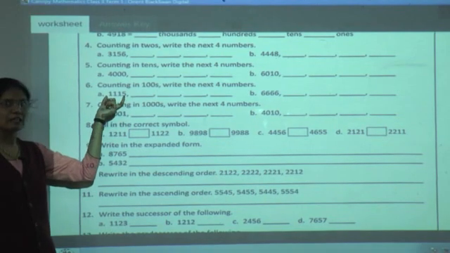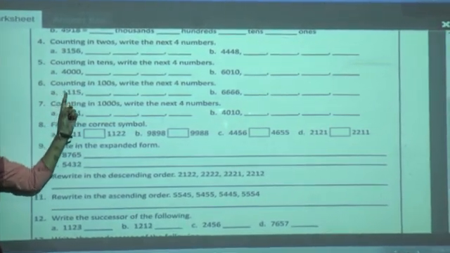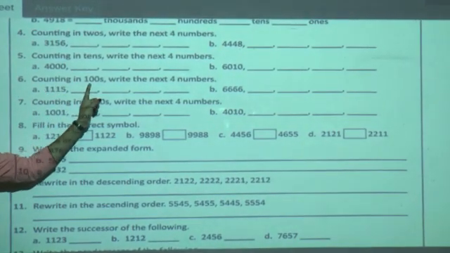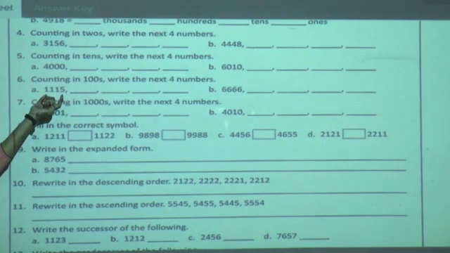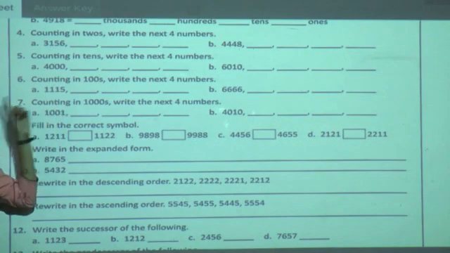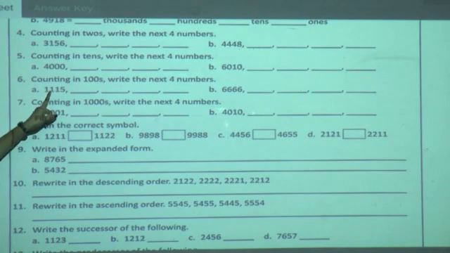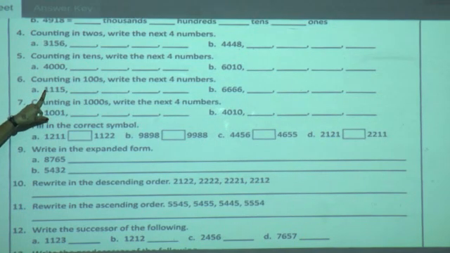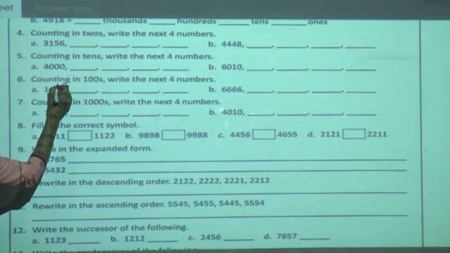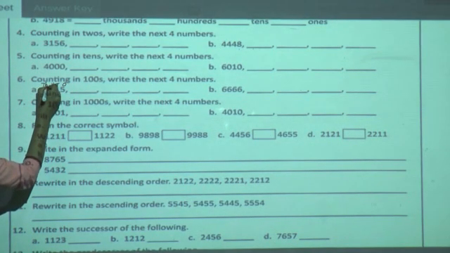Now here one number they had given us and the number is 1115, isn't it? So what we have to do? We have to count in hundreds, means we have to add 100 in the given number. So what is our number? 1115. Add 100 in the given number. Yes. Means again one more trick is there, just we will change the 100 place digit, isn't it? See, this is ones place, tens place, 100, and this is thousands place. We are going to change only hundreds place. I will write here O, T, H and TH.